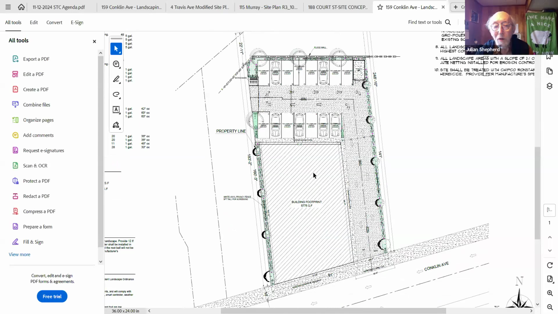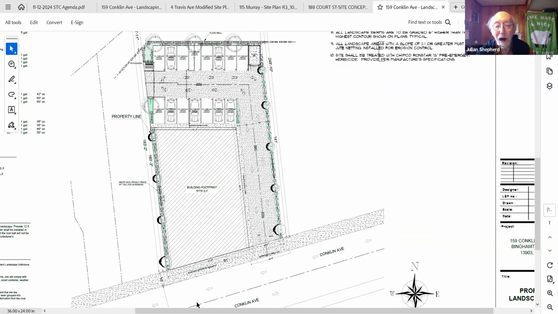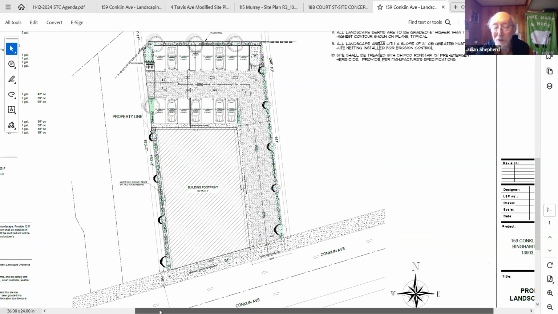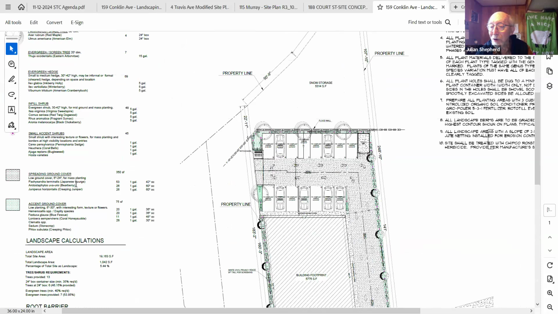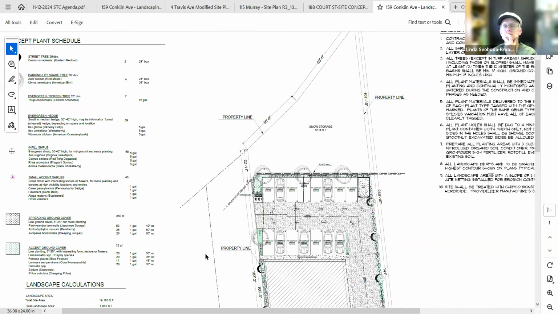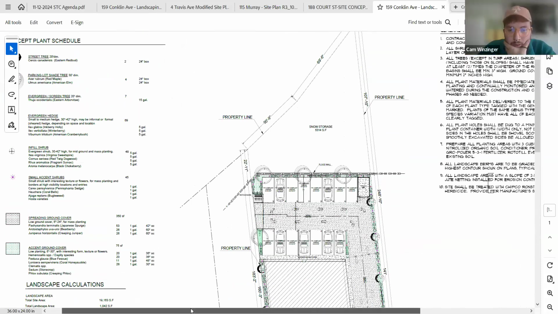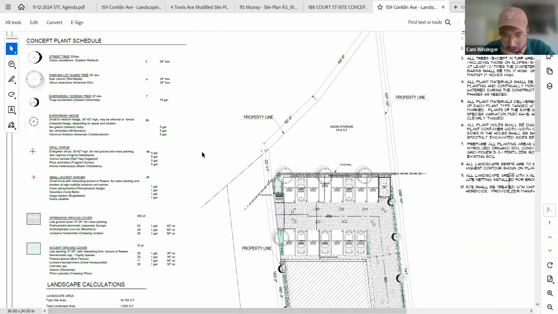Excuse me, I don't see the code. Are the large circles at the top what you're talking about, either elm or, what was the other choice? Anyway, red maple. It's the three at the top, and then there's one at the bottom part of the parking lot. It looks like they're suggesting two red maples and two American elms. I'm fine with the maples, but for the elm I would suggest a different species.